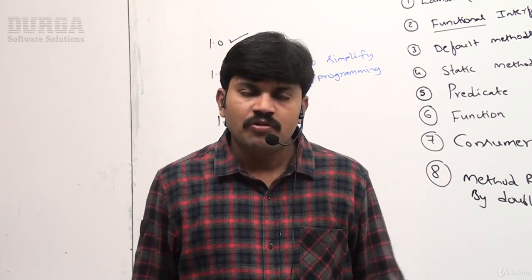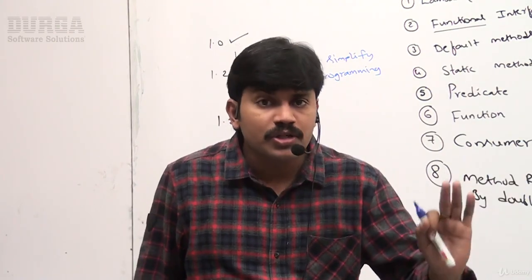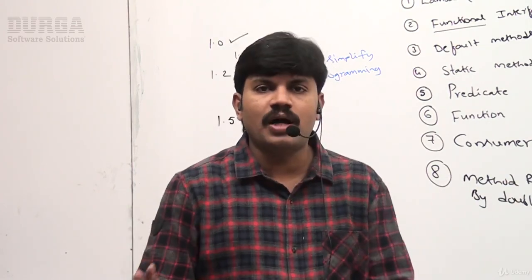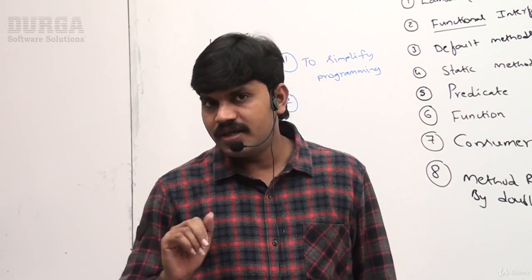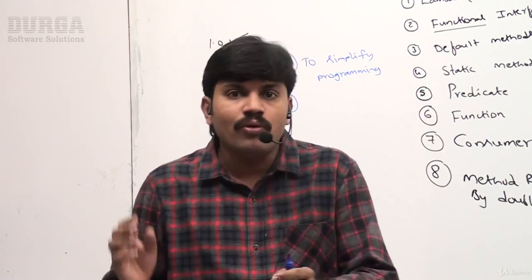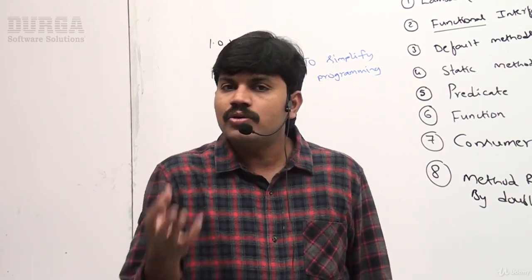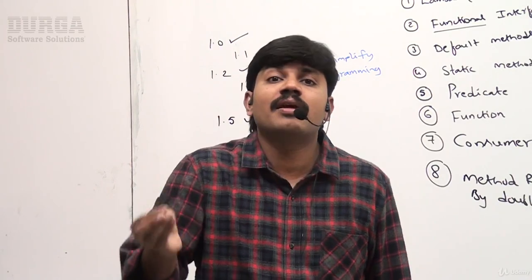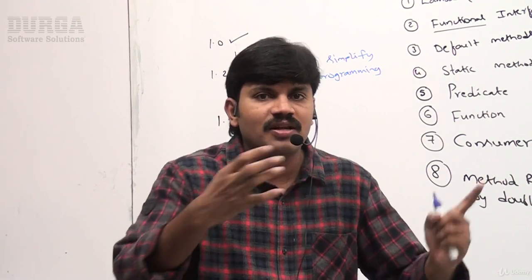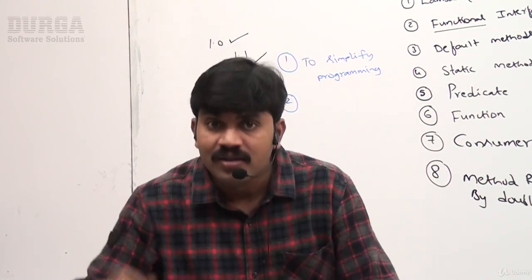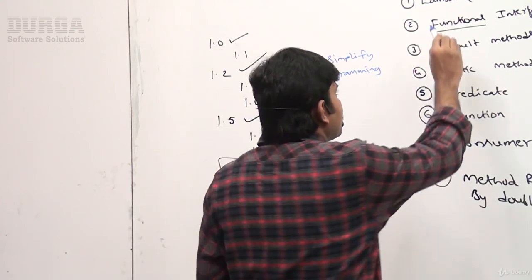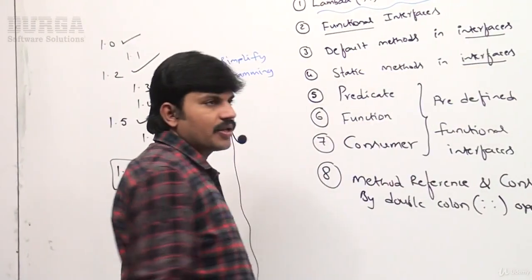Of course, whatever procedure oriented programming does, all those things we can do inside Java by using OOP, object oriented programming, right? But we have to do it in an easy way, with less code. So to enable functional programming in Java, to get the benefits of functional programming in Java, this 1.8 version came into the picture. For that, these lambda expressions were introduced, sir. Are you able to understand, right?